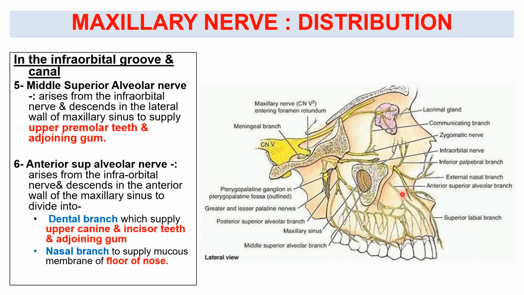So only those nerves need to be blocked prior to giving the anesthetic for a tooth extraction or any intervention in that particular area. So this is the anatomical basis of anesthesia, the nerve blocks. So remember, from the maxillary nerve, the entire alveolar process is supplied through these three branches. The lower alveolar process is supplied by the mandibular nerve, but the upper alveolar process, or the teeth and the gums, are supplied by the maxillary nerve.